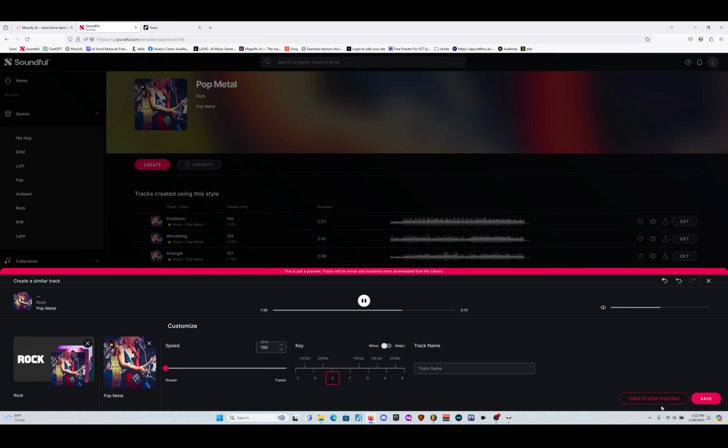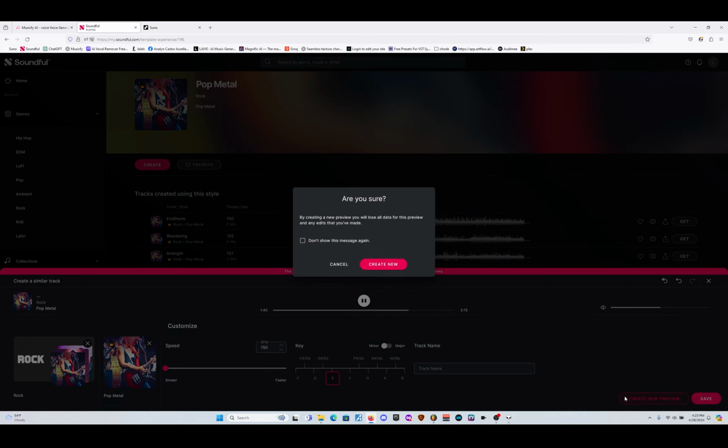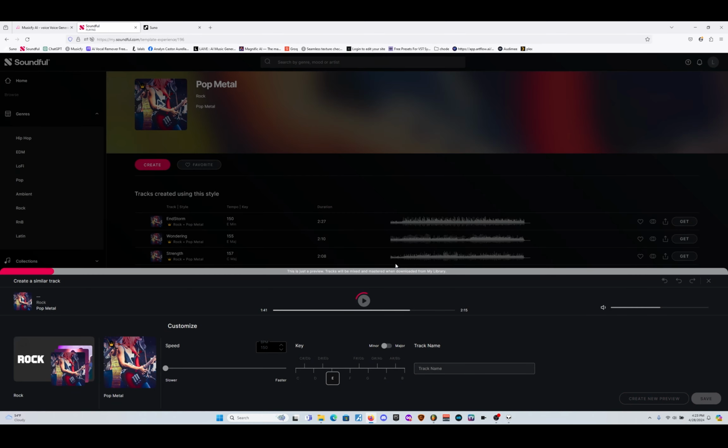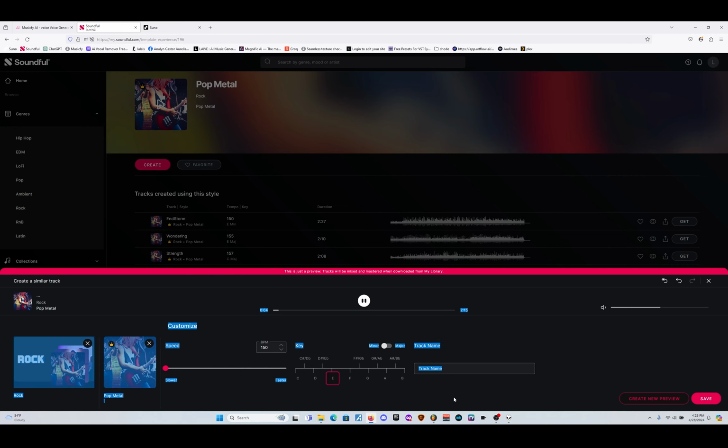Doesn't really sound like metal to me, if I'm being honest. Let's do one more so we can get something that's a little more representative of heavy metal music. I guess it's pop metal, so you wouldn't consider it heavy metal. Well, I mean it's all heavy metal, I guess. But what I was saying is I would like to hear something on the heavier side that's not trying to be upbeat pop sounding.